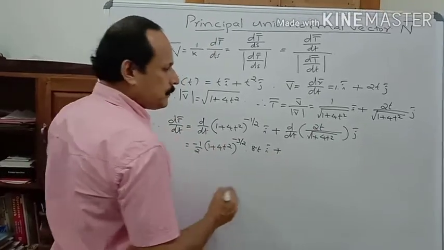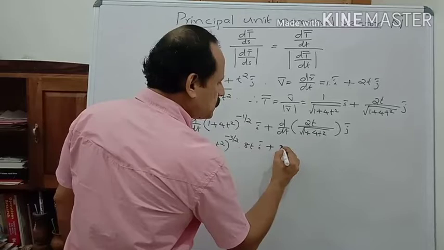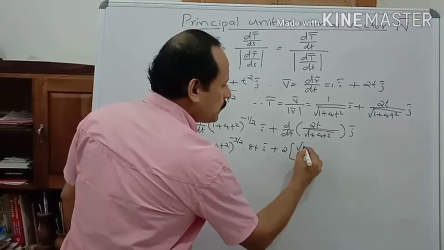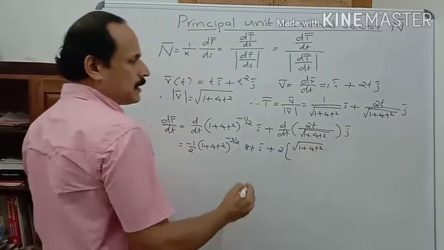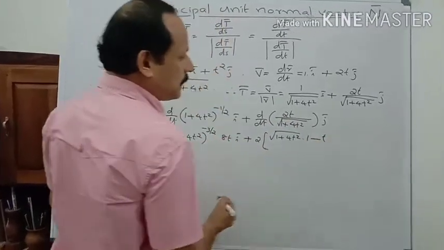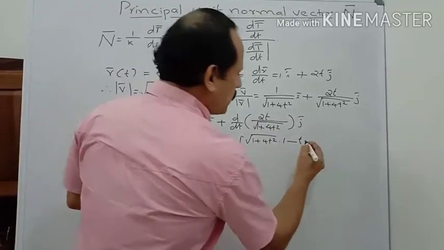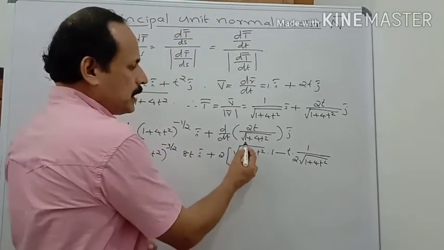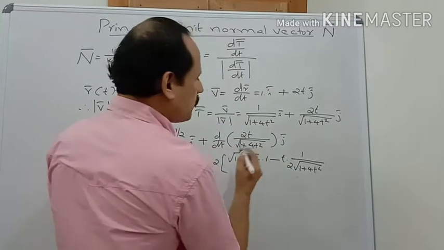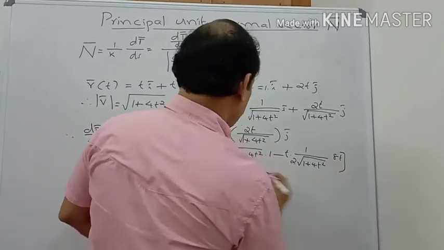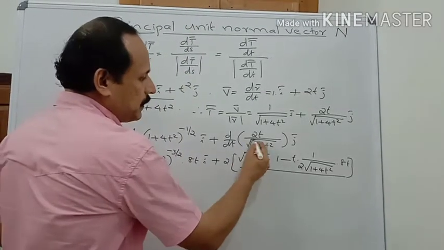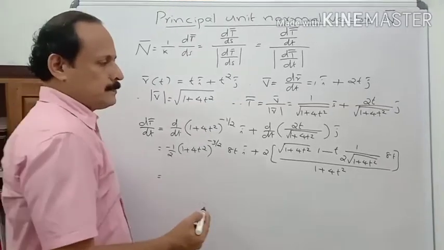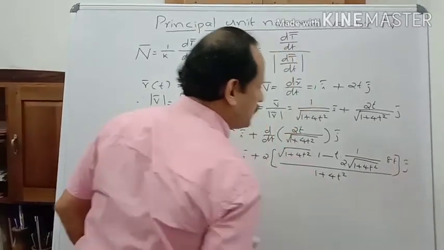we apply quotient rule here. You start with the denominator and take this 2 outside, then 2 into the derivative, start with the denominator, then root 1 plus 4 t square into the derivative of the numerator t, which is 1, minus numerator t into the derivative of the denominator root 1 plus 4 t square, which is 1 by 2 into root of 1 plus 4 t square, and apply chain rule for this part, that is the derivative of 1 plus 4 t square, which is 8t, all divided by the square of the denominator, which is here 1 plus 4 t square. Into vector j.